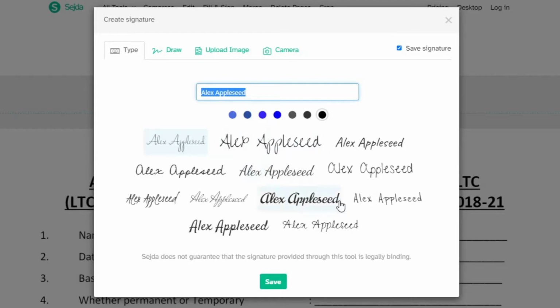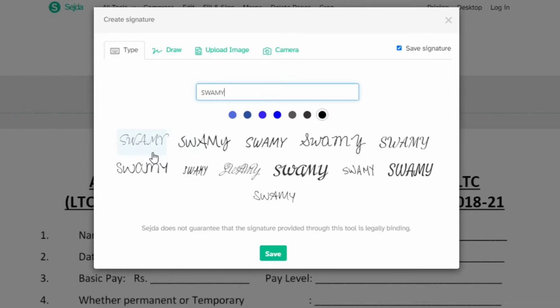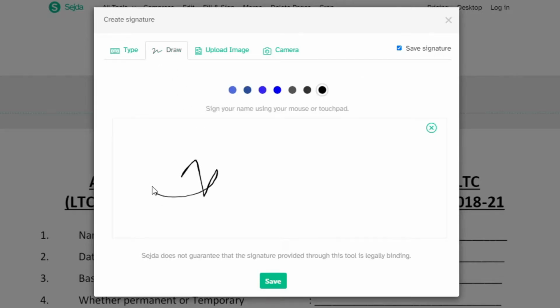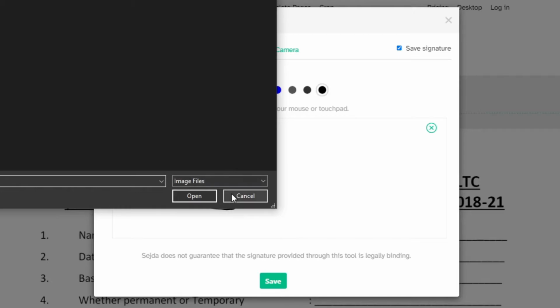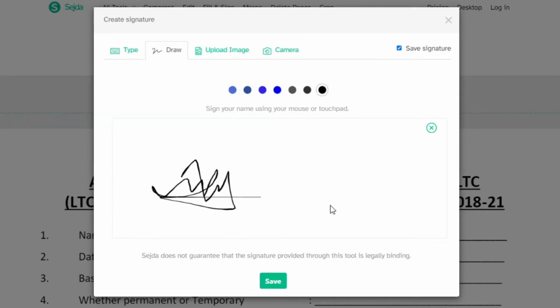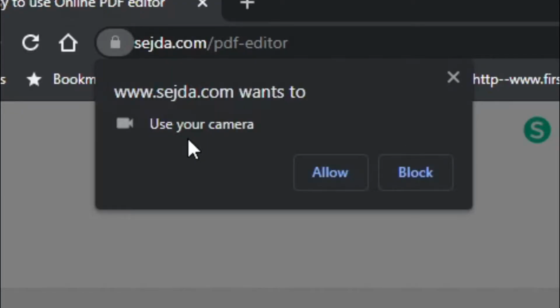And now here there are so many fonts available or so many different styles available. You can type, so let me type my signature, and you can select whichever font you want or whichever style you want, or you can even draw. Say for example, if you want to do the signature exactly like you do on paper, you can do it. Or if you already have signature, you can upload the signature also. That's better. You sign on a piece of paper and then click a photograph and keep it on your desktop, and you can upload that one. And otherwise, if you have camera, you can select the camera. So here you can see use your camera option has come, so you can take picture and you can upload.